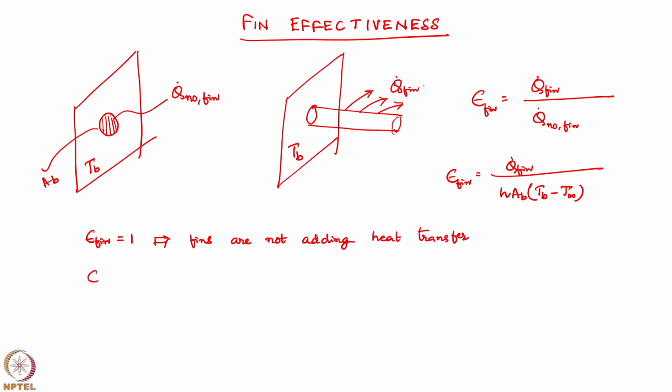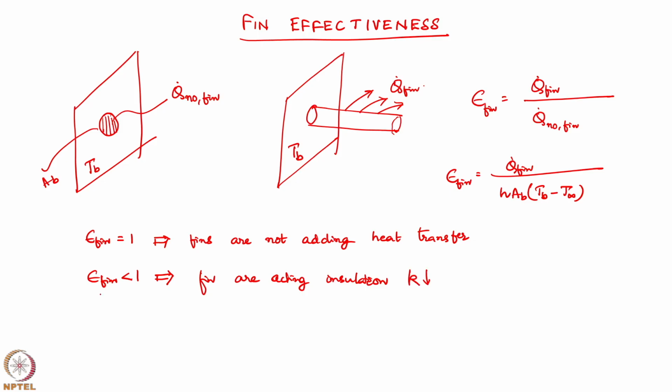And if effectiveness of the fin is less than 1, this implies that the fin is actually taking away less heat than with no fin. That is possible only if fins are acting like insulation, which happens only when the thermal conductivity of the fin is very low,